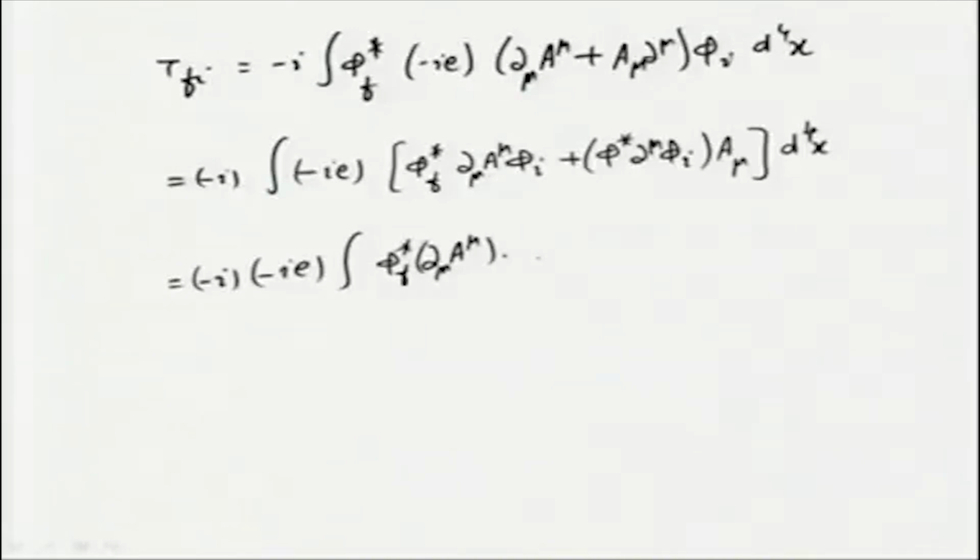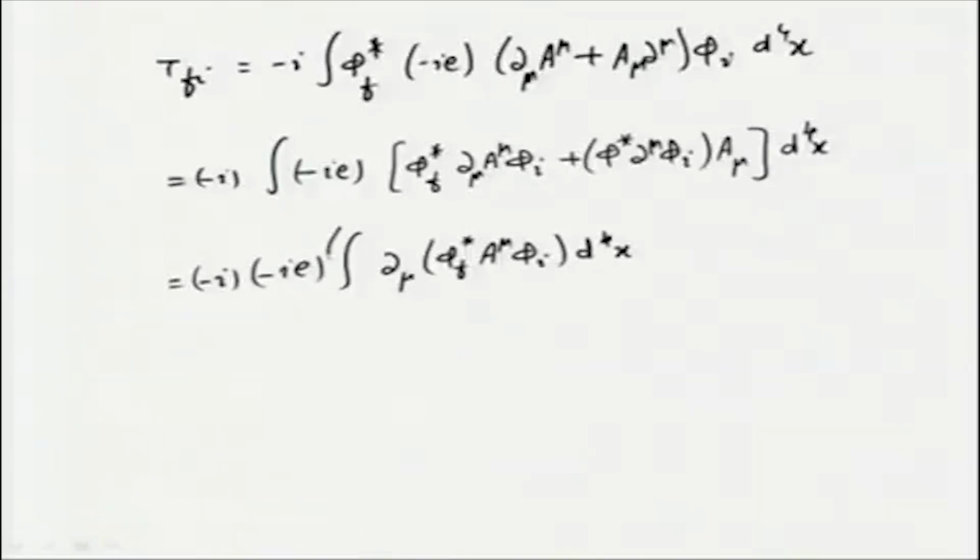We will actually write it as a total derivative, right. So, we will write it as a total derivative acting on all of the terms, phi f star a^mu phi I